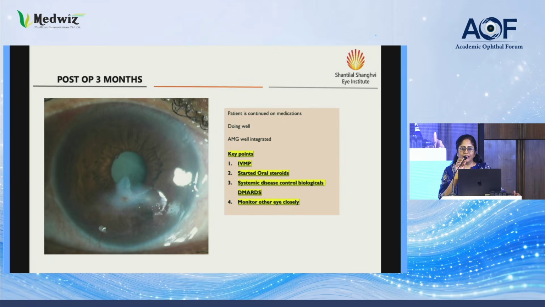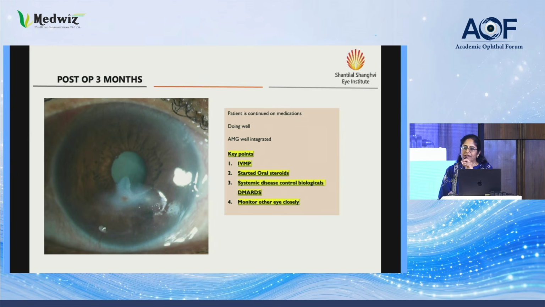And the key points in the way we addressed this patient, I'm sorry, in this patient we did a multi-layered amniotic membrane, not a Tenon's patch graft. The key point here is that as soon as we saw the patient when she came with the perforation, we escalated the therapy for the patient. So we gave her intravenous methylprednisolone. We escalated the oral steroids that she was on. And we ensured that the patient was on adequate control of the systemic disease, whether we want to use JAK kinase inhibitors, as in this case, or any biological agents, or even the simple old-fashioned DMARDs also.